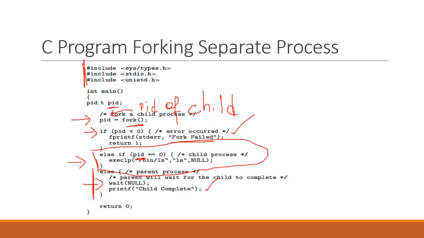So in this case, the system has a threshold value that the system cannot execute more processes beyond that threshold value, and once the number of processes has reached that threshold value, the system will not allow the creation of any more processes. Yet another reason could be that there is not enough swap space. So if there is not enough swap space, again the system will not allow the creation of further processes.